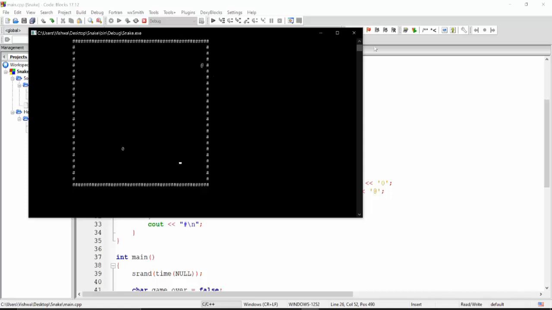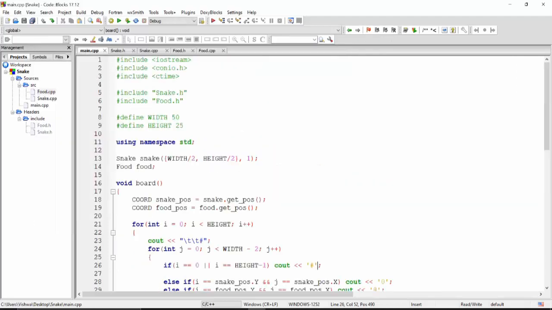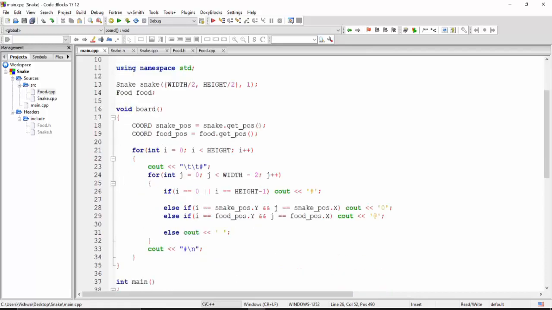So if you see the second food is somewhere over there, and if I start this game again and try to eat that, you see that the second food has been generated at some random location, right? The first one was somewhere over there. So to fix this, well, you can go with it. It's not actually an error. It is actually not what we wanted, right? It's basically what I did not want. But if you wanted the first food to be generated like that, you can go ahead with this and skip this portion. But since we wanted to generate the food at a random position right from the beginning, what we are doing wrong is